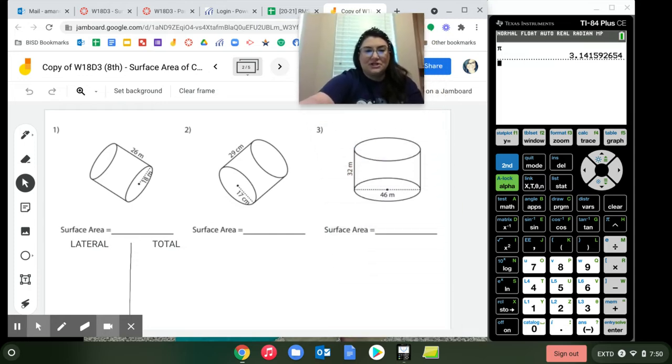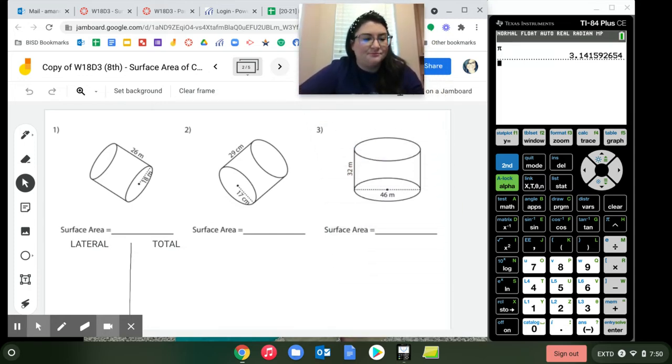So you should have your worksheet in front of you if you are in person. As we did with rectangular prisms, we're going to do both measurements. We're going to first solve for lateral, use that lateral amount to plug that into our total and solve it. So if we look at our formula chart, our lateral surface area formula looks like this. And I'm going to type this part. Lateral surface area is 2